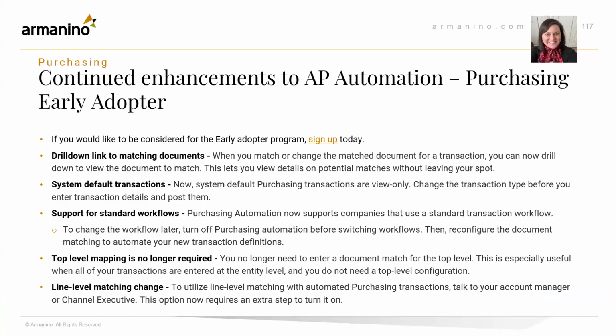Purchasing: there are continued enhancements to the AP Automation Purchasing Early Adopter Program. The link there allows you to sign up for that if you haven't already. You do need to have already implemented purchasing, which is a module that comes with the core environment, but does take some effort to set up. But the new